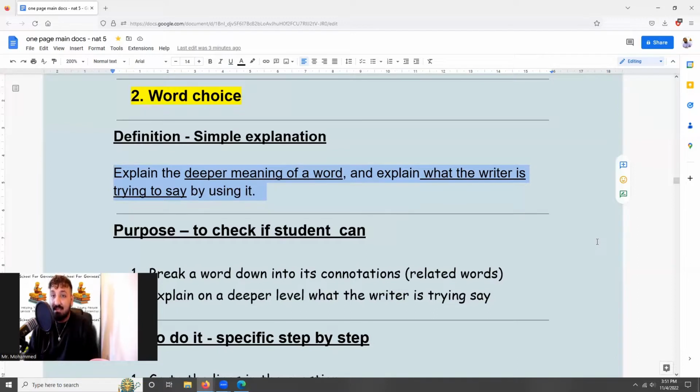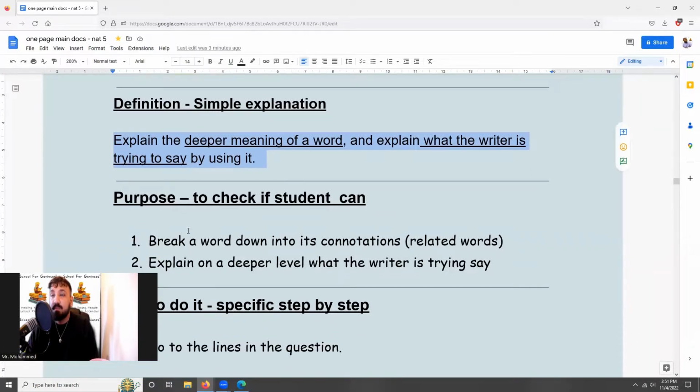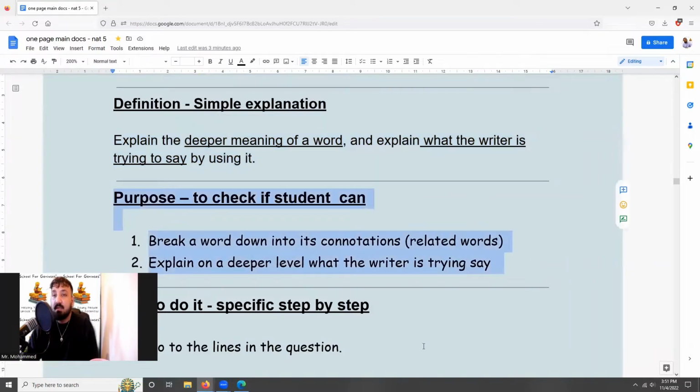to say, the point they're trying to make by using it. So, two things: explaining the deeper meaning of a word and explaining what the writer is trying to say by using that word. So write these down and also put the underlined part where I've put it. Now the purpose of the question, this is what it's checking. Again, write this down also, it's checking